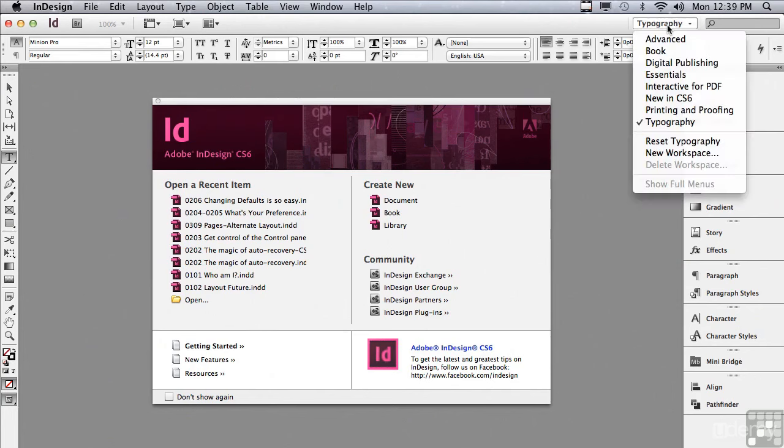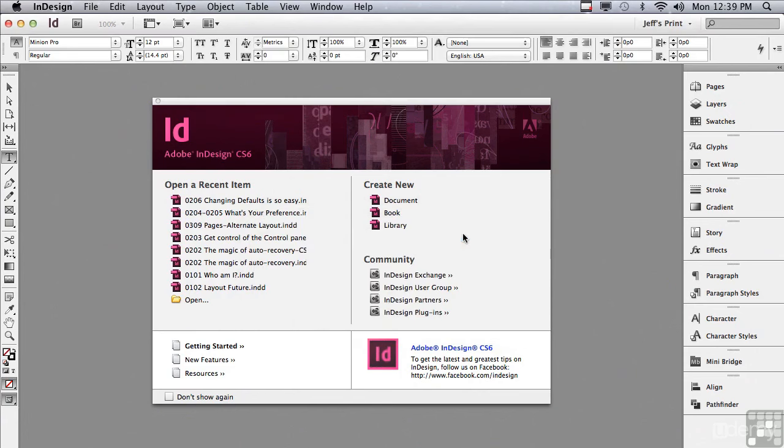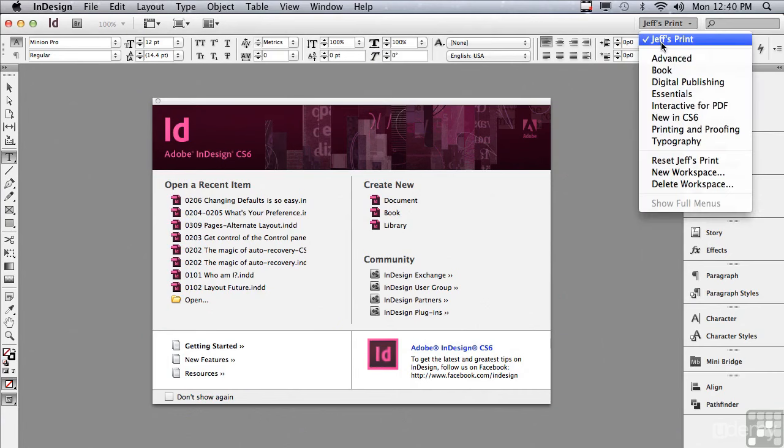If I go under the Workspace pop-up, I want to go to New Workspace. Let's save it. Being that this is for print, why don't I just call it Jeff's Print? What that's going to do is save or capture all of the panel locations as well as any menu customization I may have done. And I'm going to click OK. And you can see it immediately adds it as the top choice in my workspaces because that's one of my